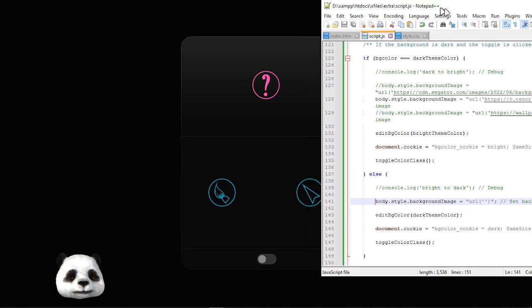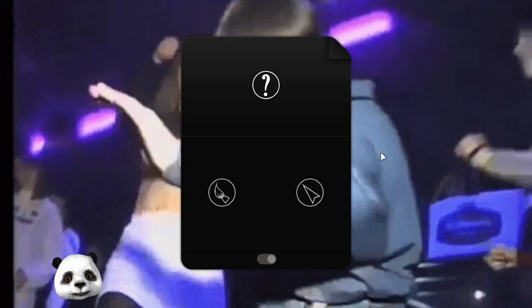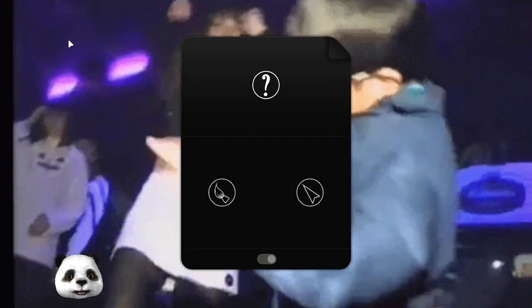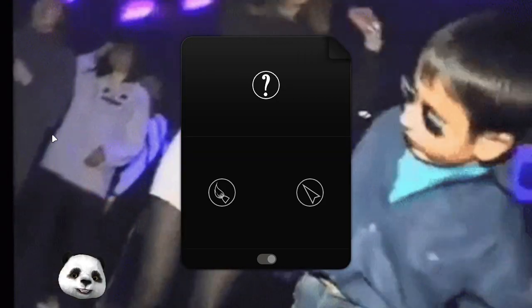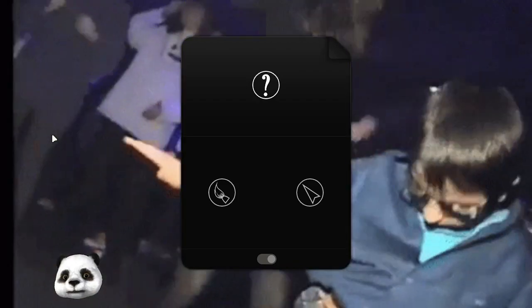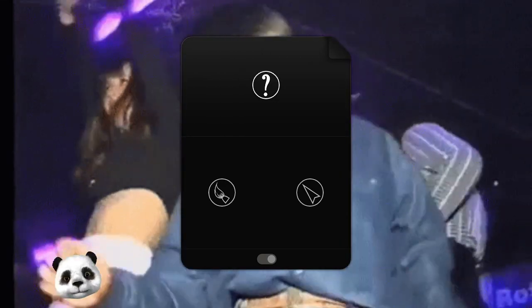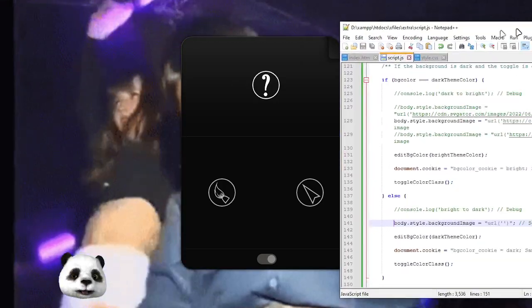Perfect. But as you can see, the background image has quite a lot of noise here, and that's because of the GIF compression. And of course, we get some other artifacts. We can see some squares there. They don't look so great. So in order to kind of avoid this,